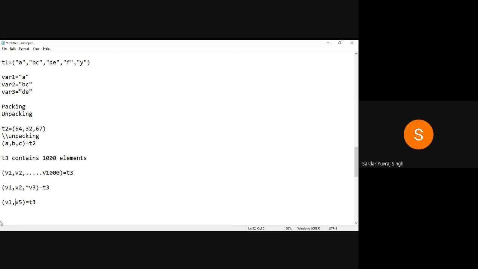Sir, that star mark. Star. Then you can use some variable, let us say L or L1. This is L1, star L1. So V1, star L1. Then how it will consider is, how many elements we are having after this star? After this star, how many variables we are having?